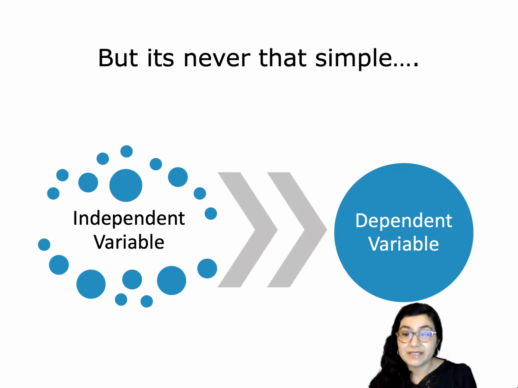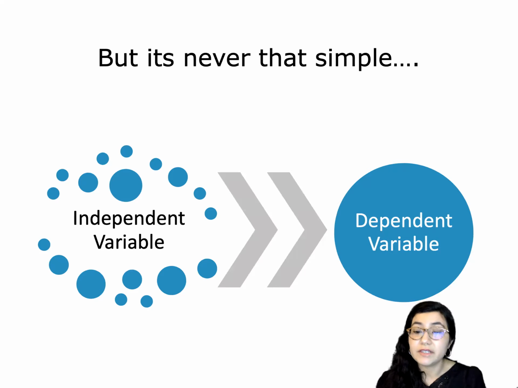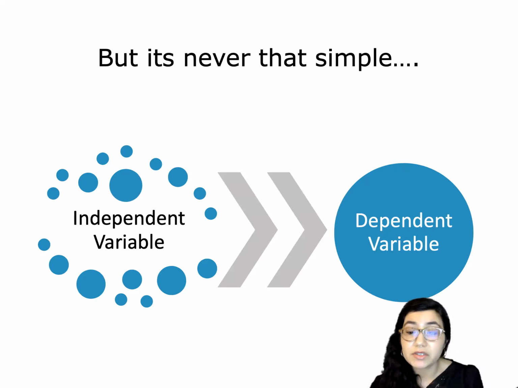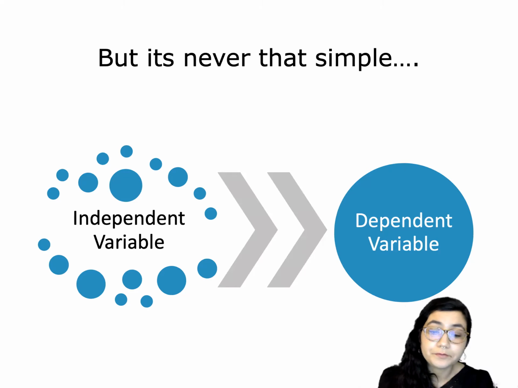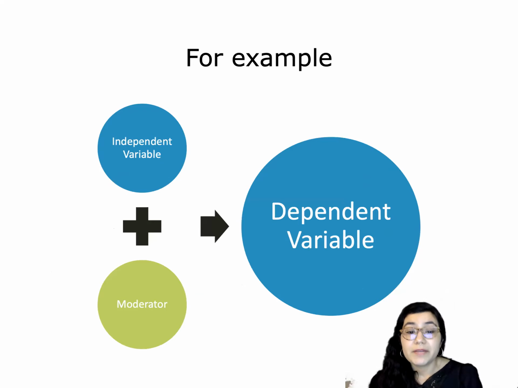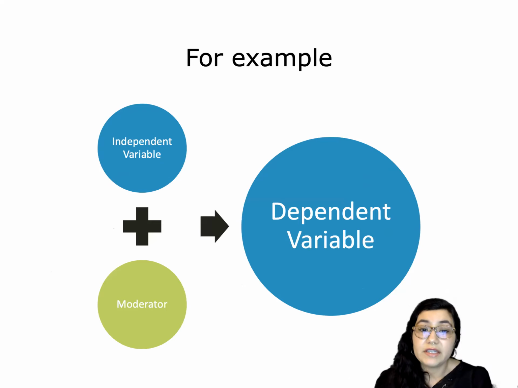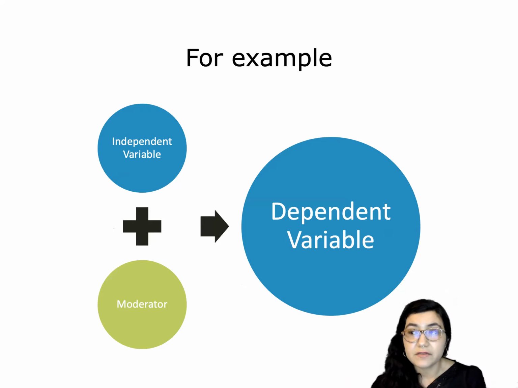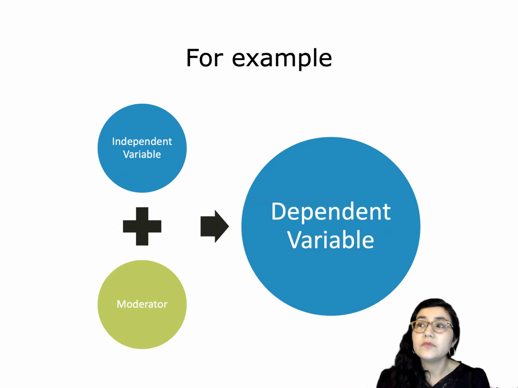But it's really never that simple. There are a lot of independent variables that we might not be able to observe that are also influencing that dependent variable. Or there might be a moderator that's influencing whether or not that independent variable is influencing that dependent variable. So, for example, if we're talking about